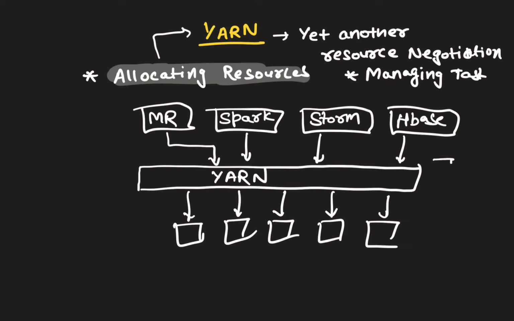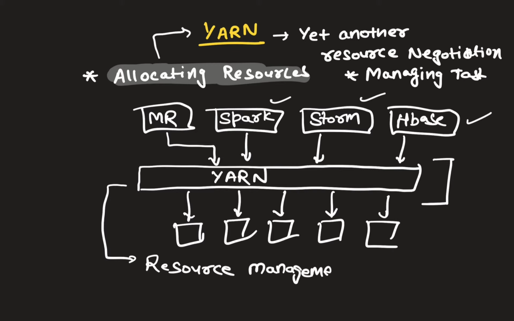So now Yarn has the responsibility of managing the resources, and this resource management can be leveraged across different technologies, as I talked about, and any new technology which will come in future in the big data ecosystem can leverage Yarn because it's an independent component made dedicatedly for resource management in your Hadoop cluster. So it can be reused across many frameworks. It becomes a centralized piece for doing only one responsibility, which is resource management. Right now, because it's a centralized component, it's moved out of MapReduce job tracker.